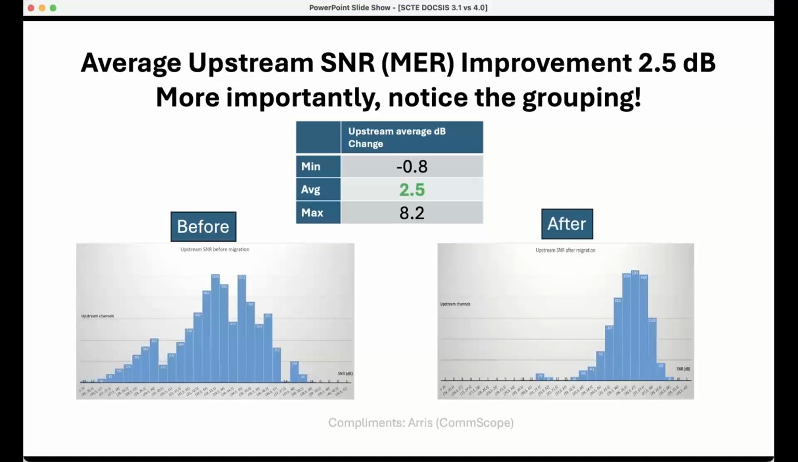SNR and MER improve. Real world data shows the average improvement of your MER is about 2.5 dB across the network after the RPD is upgraded in that fiber node, with a maximum improvement in this specific use case of 8.2 dB. Whether you call it SNR or MER, it's the same. And also, you can see how the histogram of all the MERs or SNRs of those modems on that node